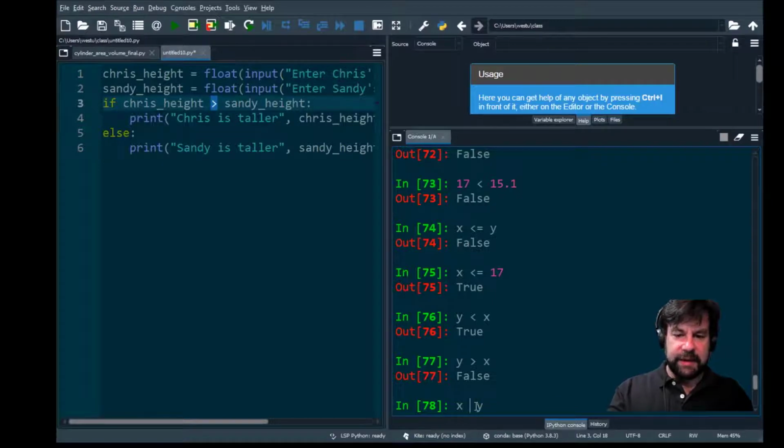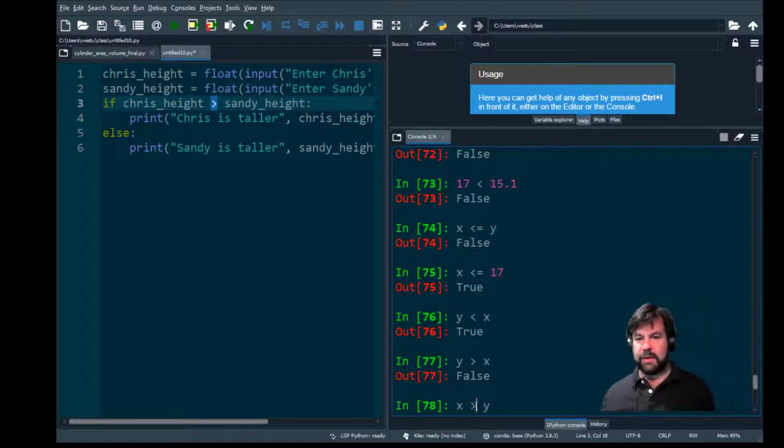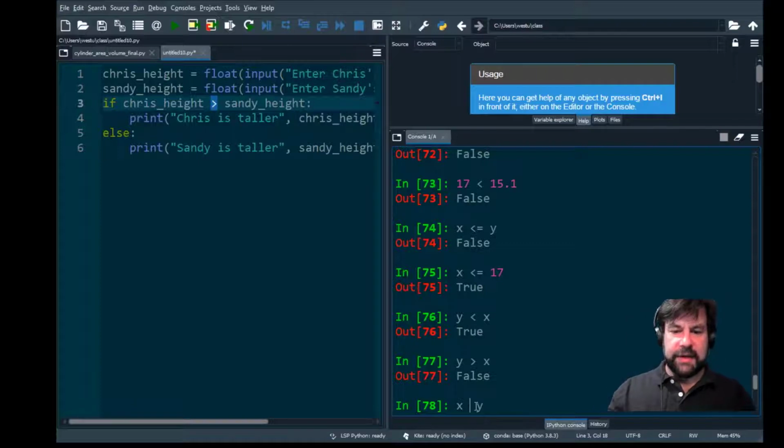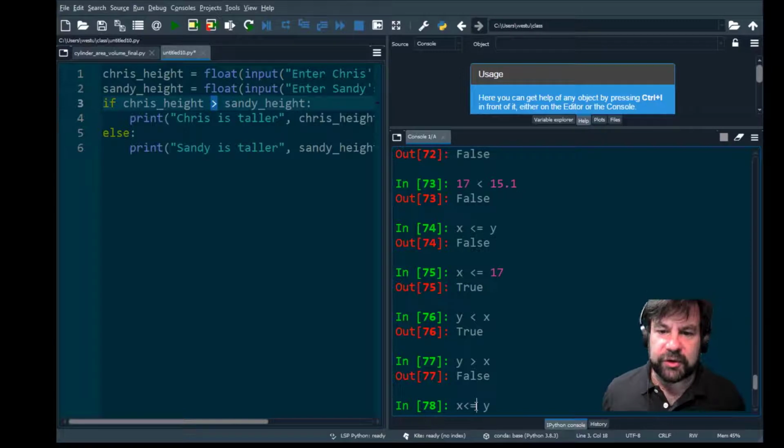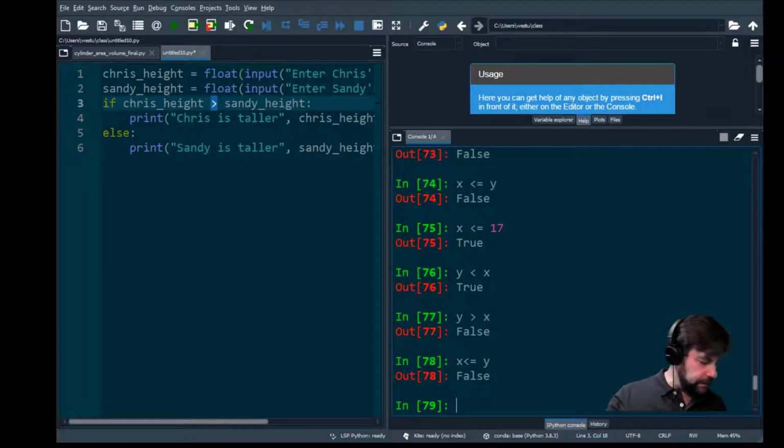If the value on the left is greater than the value on the right, this is true. And then the equals just adds the equality case: x greater than or equal to, or x less than or equal to. This works with numbers, and you can see that it works with both floats and ints, and mixing floats and ints, but it also works with